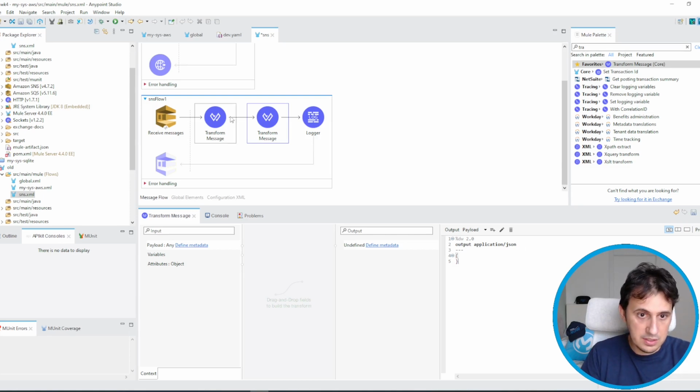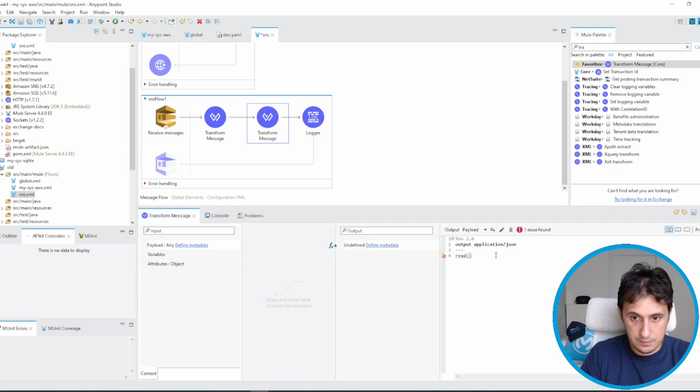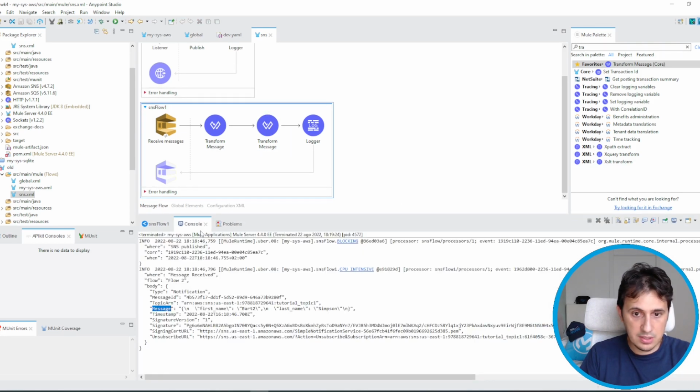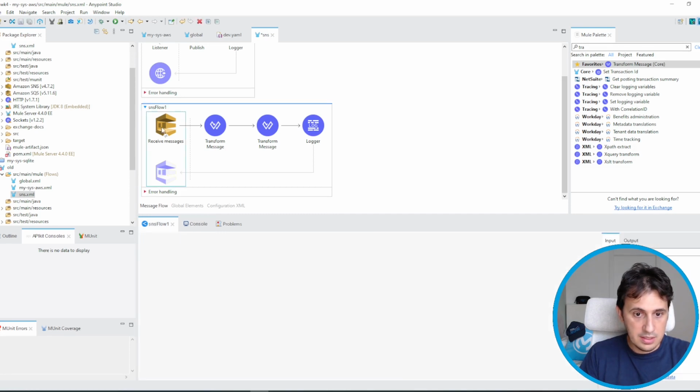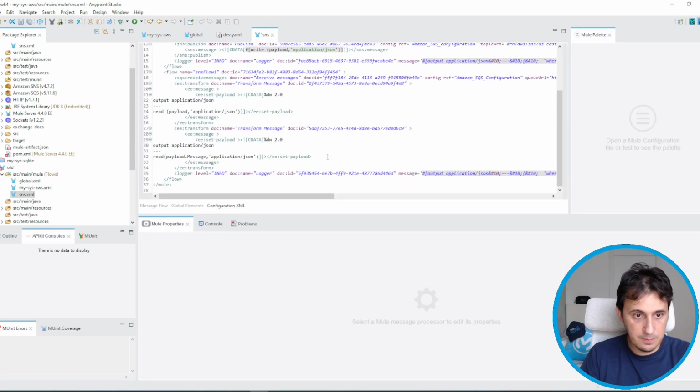I can also do it in a single transformation. So read, the name is message, so payload message. Okay, payload message application JSON. Okay, and this time I think everything is okay, so I can also configure the queue number 3. So I duplicate this flow,